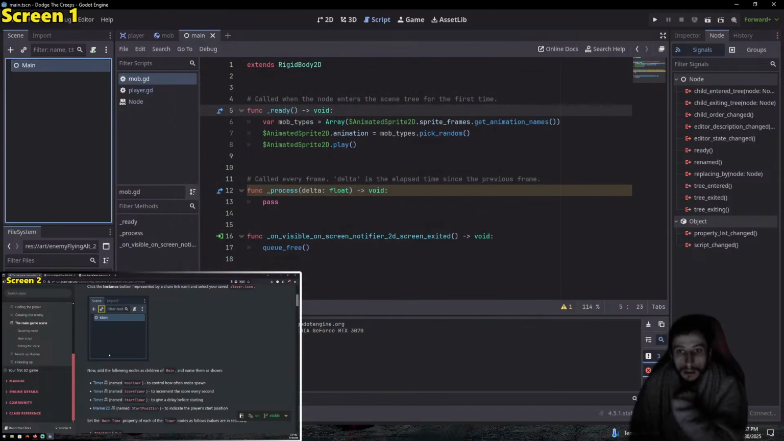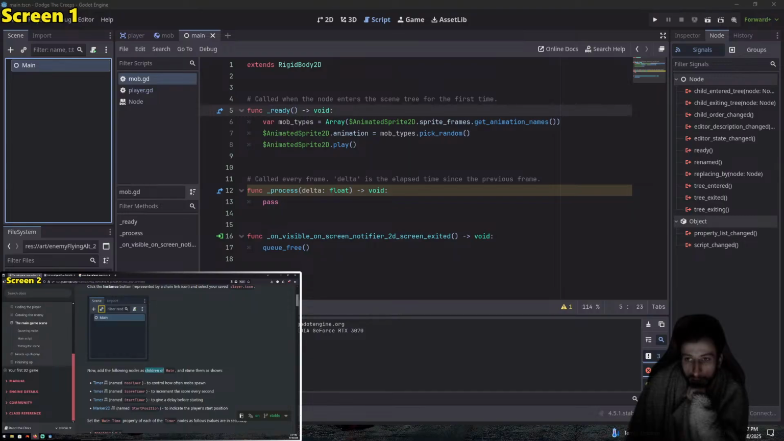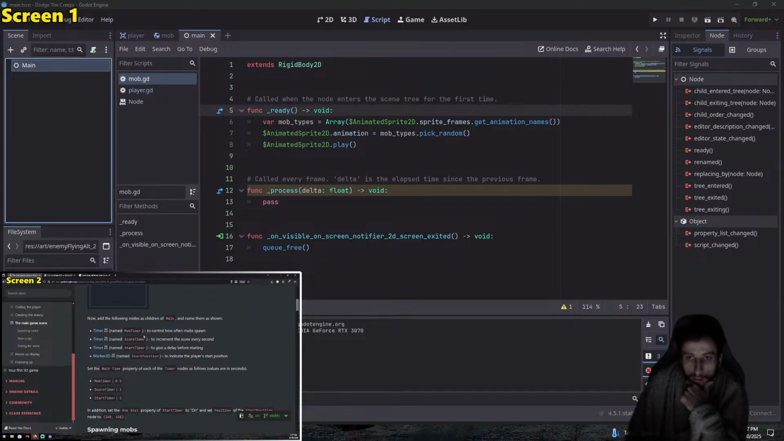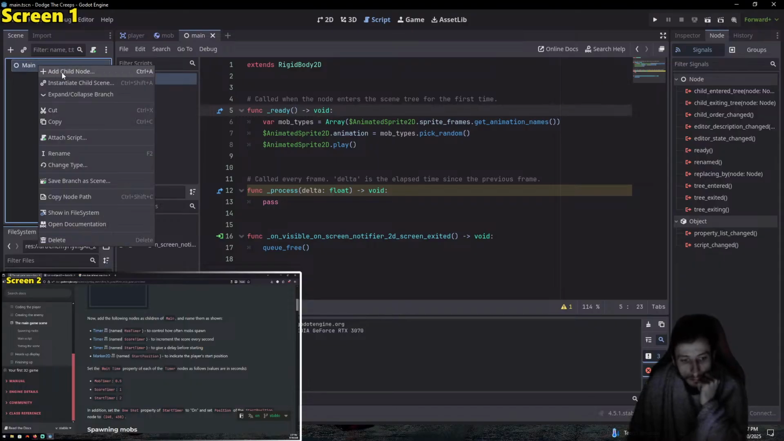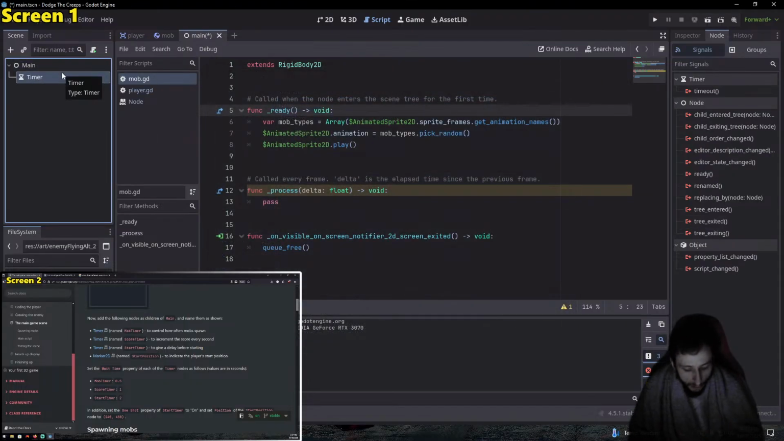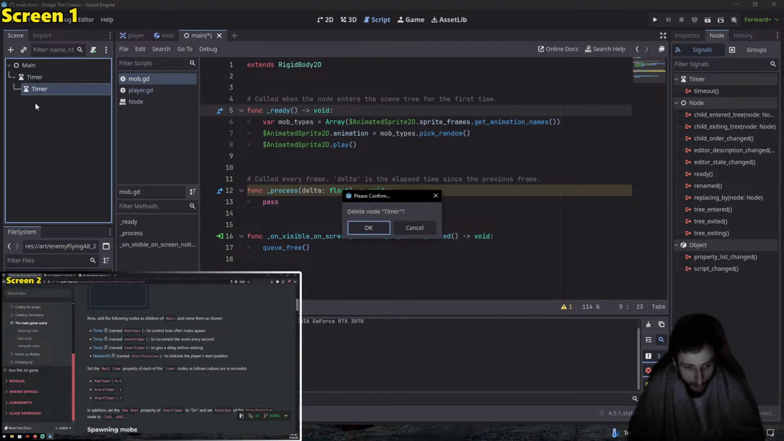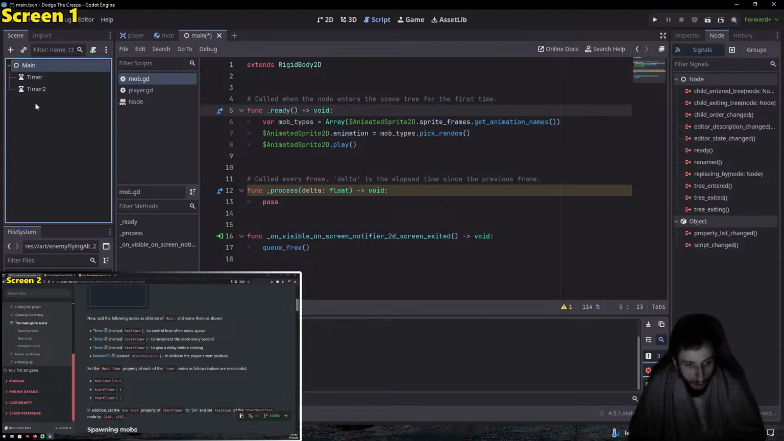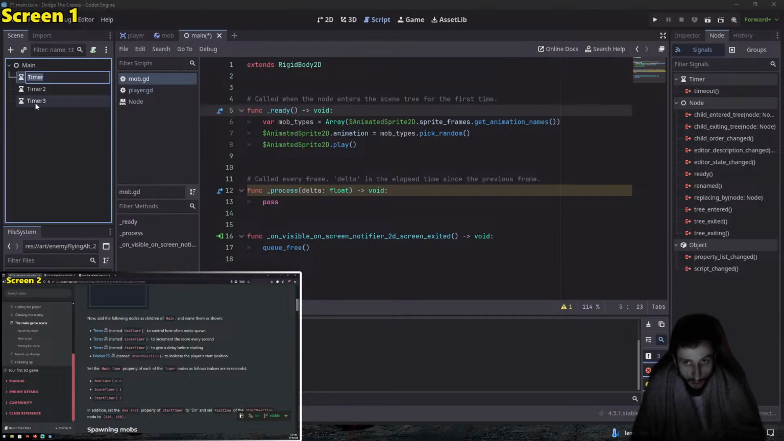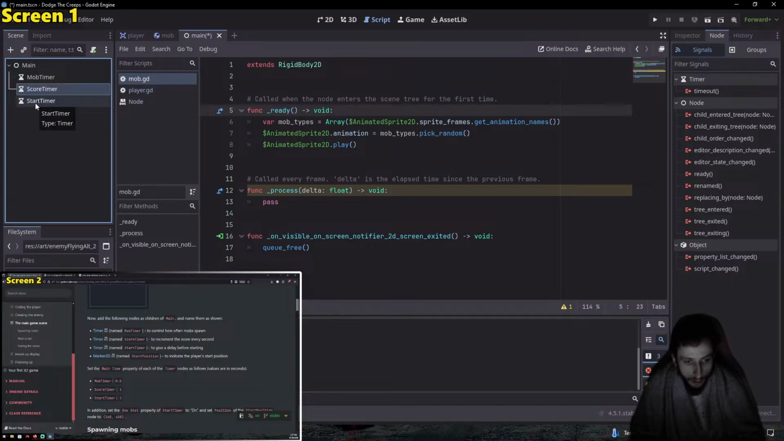Main scene. Now add the following nodes as children of main and name them as shown. Timer, another timer for the score timer, start timer, and a marker 2D. So we have 3 timers. So like that. 3 timers. The first one is mob timer. Second one is score timer, and the last one is start timer. Then we add